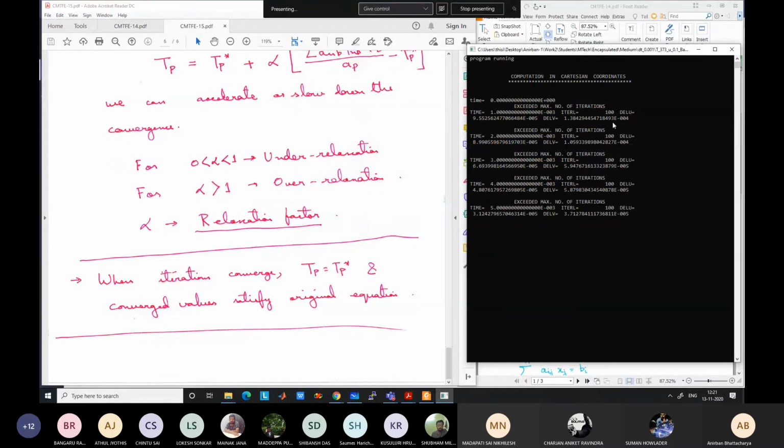Okay, so my convergence criteria is much stricter in this case, because I am solving an actual problem. I don't want to use 10 to the power minus 3. If I use 10 to the power minus 3, this would have shown that it has converged. But because I am using a stricter convergence criteria of 10 to the power minus 5 or minus 6, something like that, I think 10 to the power minus 5.